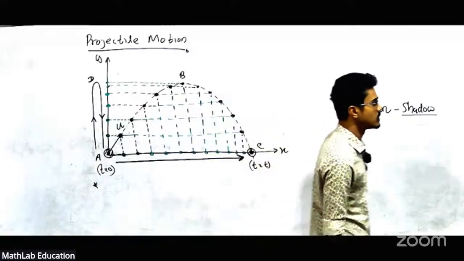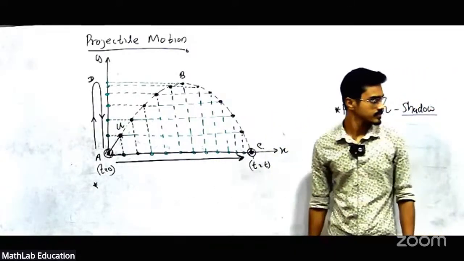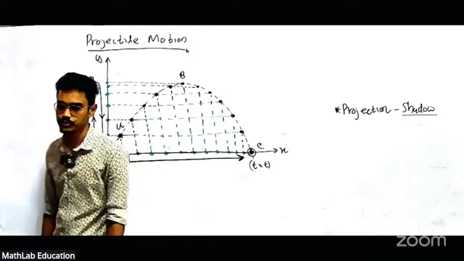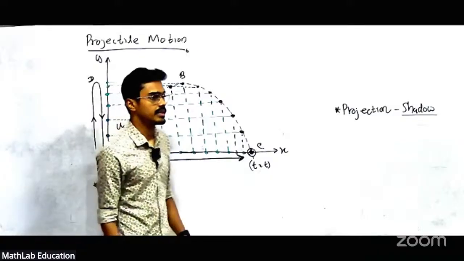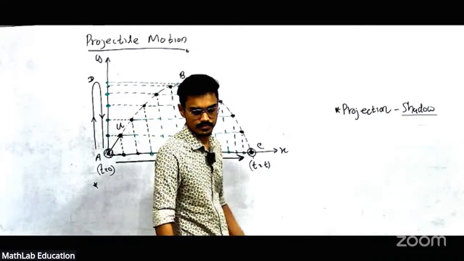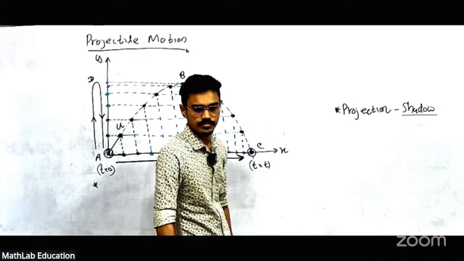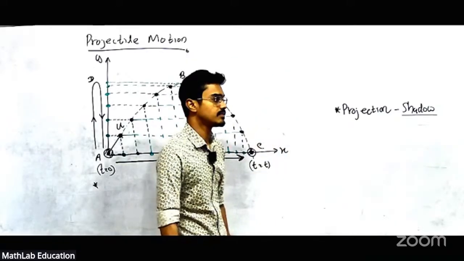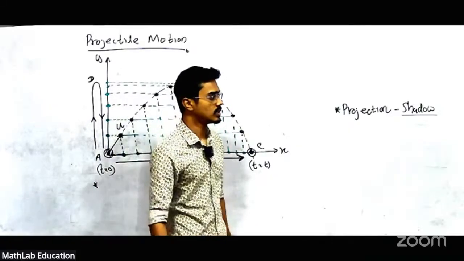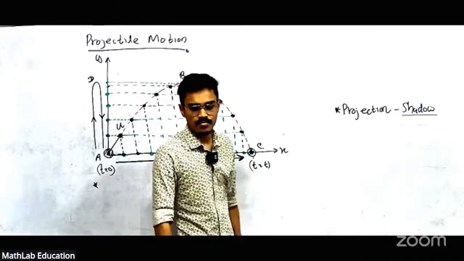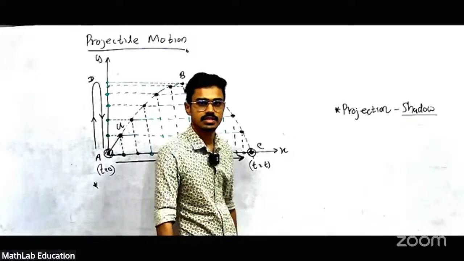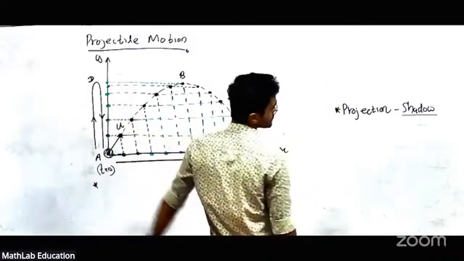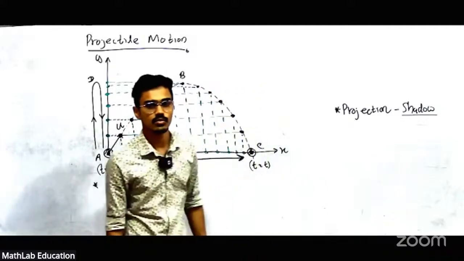Second point, when particle moves from A to C in projectile motion, its vertical projection along y-axis travels from A to D